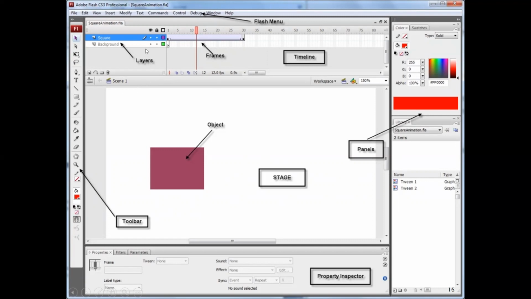So here I have tried to label the things which you had studied last year. What are the different layers? What are the frames which are going to be helpful in designing a game? The timeline panel tells us how much is the video about, what animations you have put. Suppose you have taken an object, then you must have used different tools in it to draw it. The workspace is called a stage, and the different panels to monitor the different colors. And the property inspector, what restrictions, what sound, what effects you have given comes under property inspector.